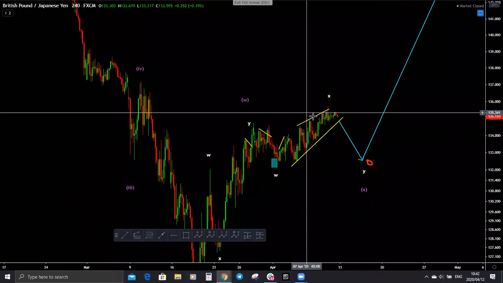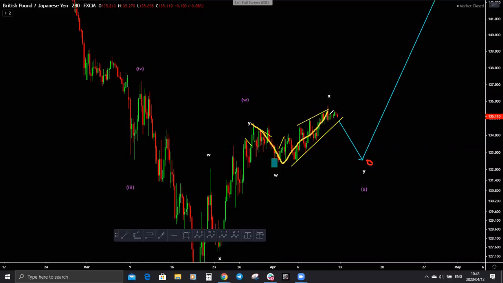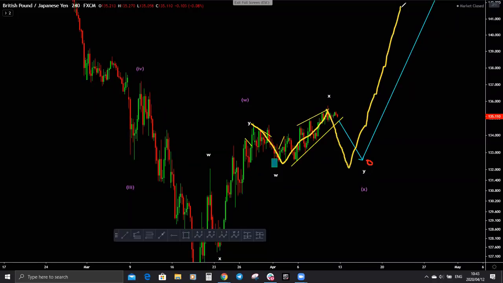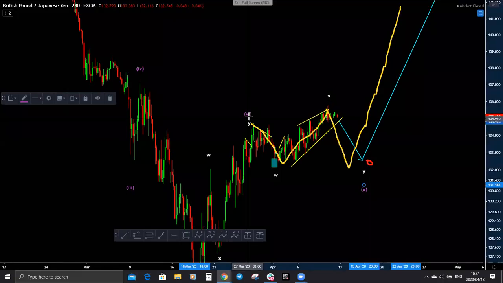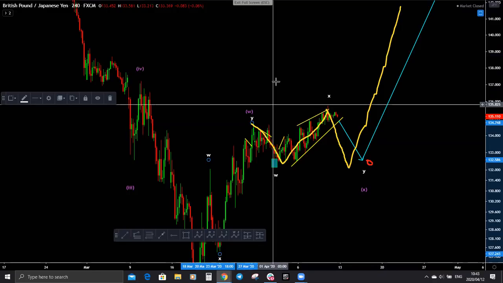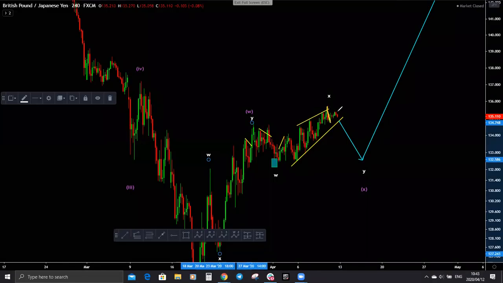Now, when you look at this, there are two possibilities here. Either this is 3 waves down, and this is another 3 waves up. Are we going to get this one coming down here and then make a move to the upside like that? Now, if that does not happen, what you need to see on pound yen, because this is going to be a strong move to the upside when it starts, you could have something like this,